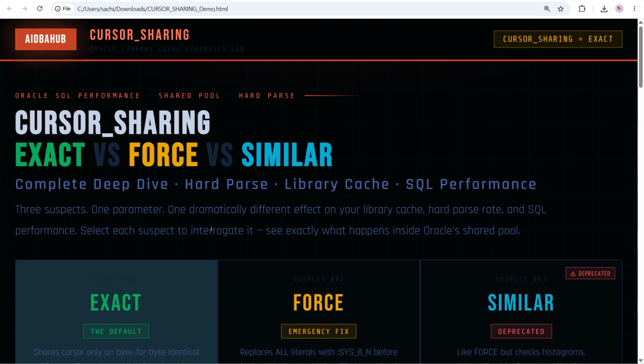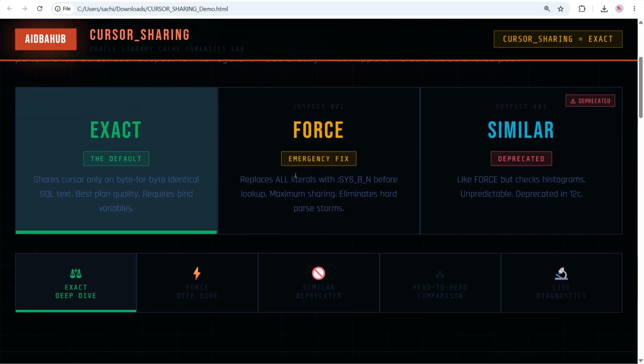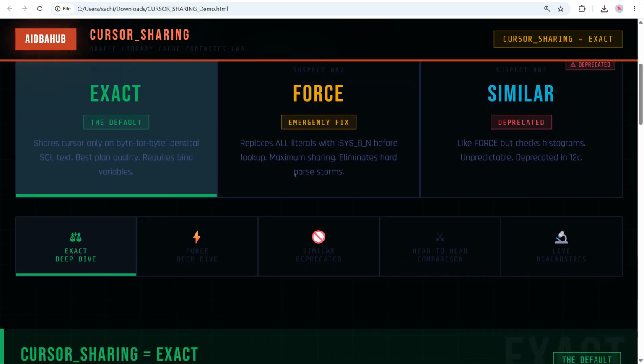And then execution. cursor_sharing modifies the SQL text before the shared pool lookup. That is its entire mechanism. It intercepts the statement and edits it so the shared pool lookup finds a match. Without cursor_sharing, two statements that differ only in literal value are completely different from Oracle's perspective. Okay, so exact, force, similar. Exact is the default value, says